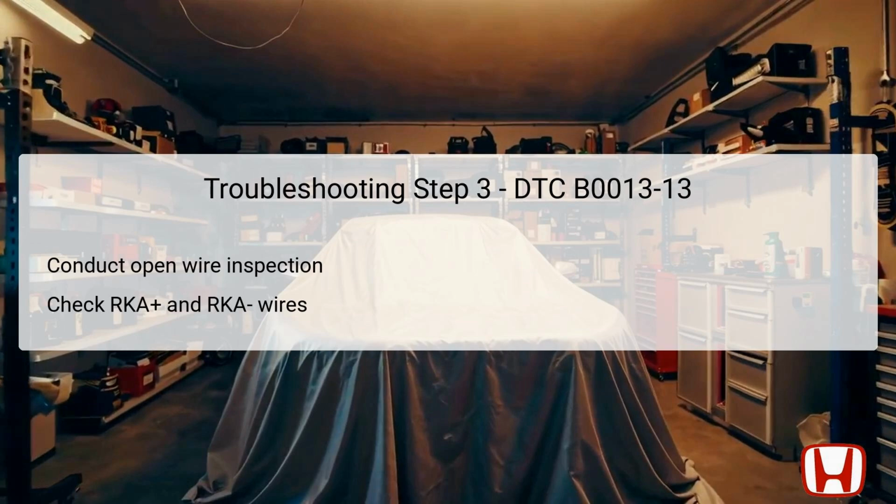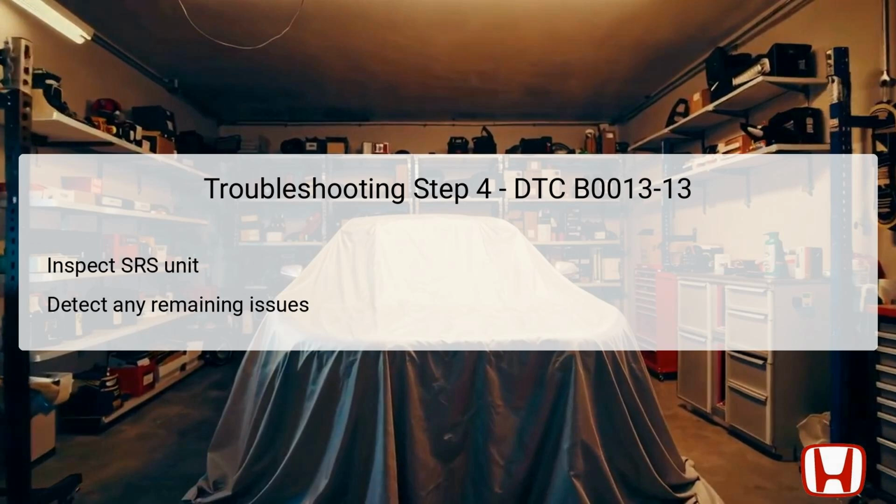A multimeter should be employed to test the resistance in these wires, ensuring it is less than 1 ohm as specified in the normal conditions. Any abnormalities here can indicate failed wiring that needs immediate attention, which could resolve the DTC B0013-13 if found faulty. In the final troubleshooting step, the technician must conduct an inspection of the SRS unit itself,